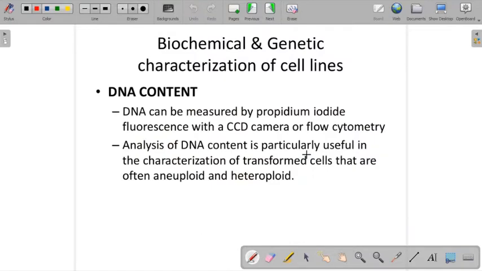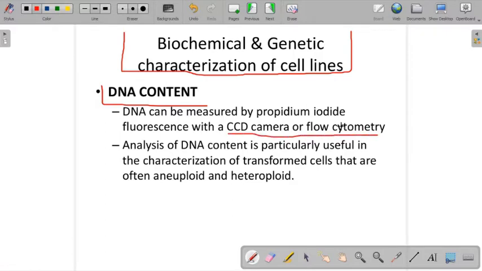The next thing in the characterization is biochemical and genetic characterization of cell lines. This is a very important topic. In genetic characterization, karyotyping is one of the procedures, right, that we just saw. But the next one is DNA content. DNA can be measured by propidium iodide fluorescence with the CCD camera by flow cytometry, right? This is the technique we use, or some sort of nanodrop method is also useful to count the